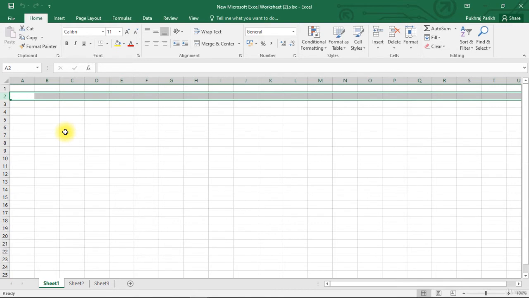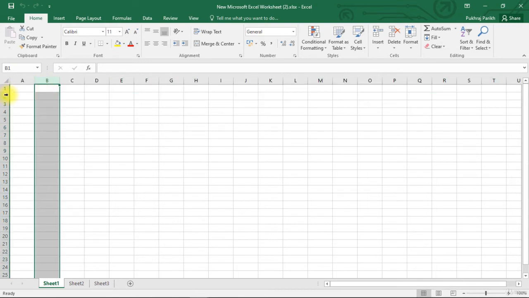Now the intersection of the row and the column creates a rectangle. This rectangle is called a cell. So column A and row 1 create a cell called A1. Now I told you that we have 16,384 columns and we have 1,048,576 rows.